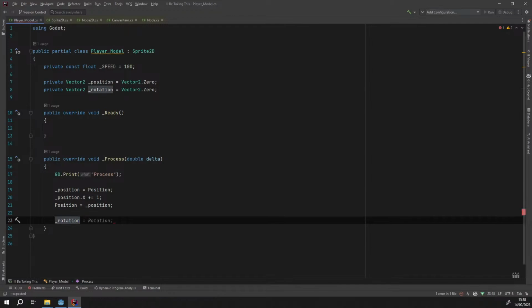Keep in mind now that this test rotation is a local variable inside of the ready function. We could not use it inside of process. If I try to, for example,